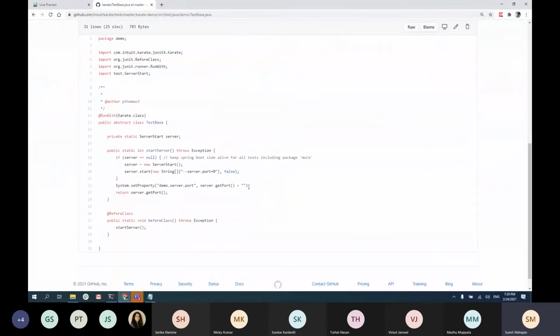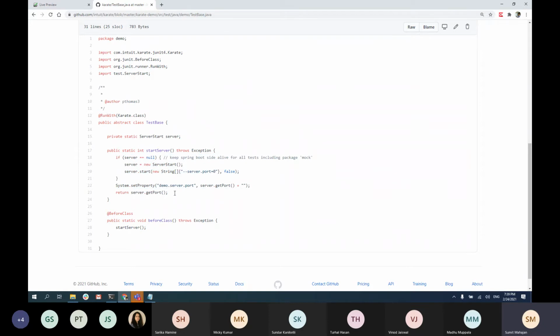If I go to test base, this is where you're writing all your execution setup. Whenever any test starts, you're extending the test base, so the first thing is that all the configurations and settings that are here are already set up, right?